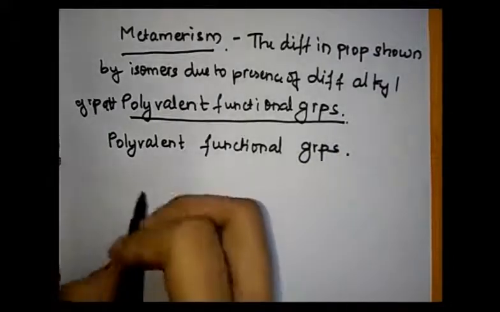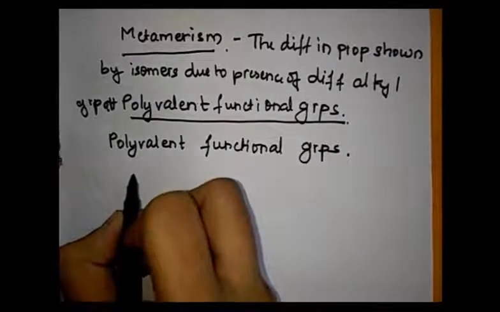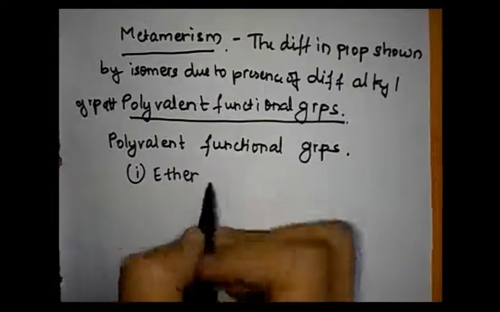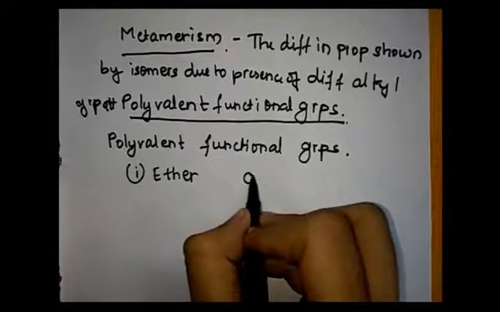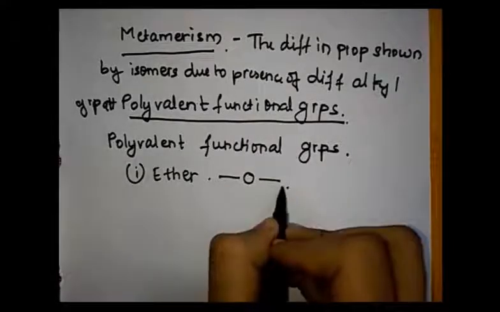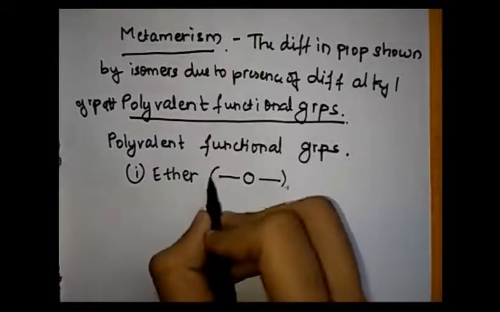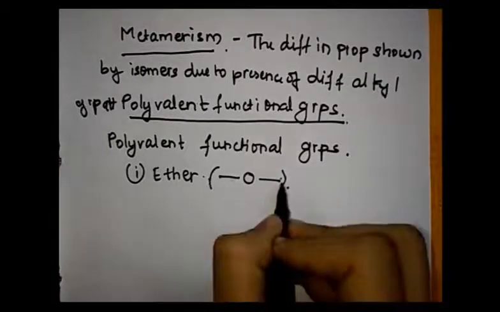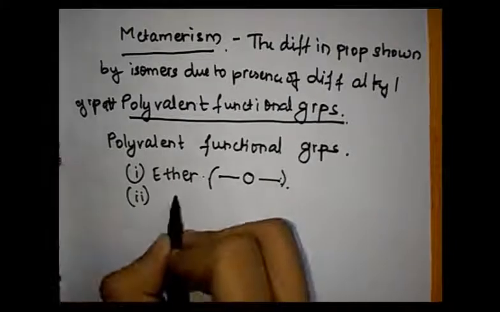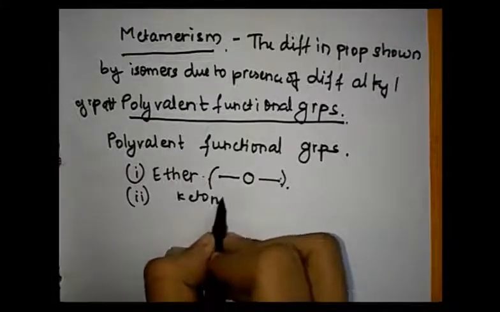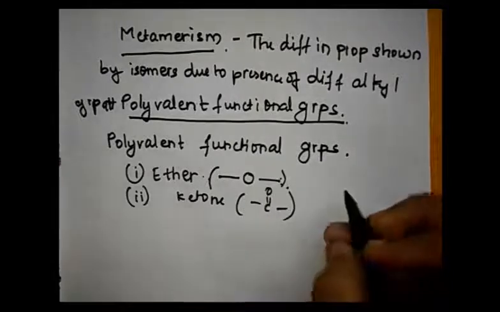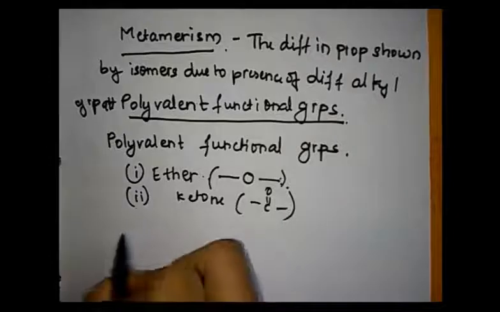The polyvalent functional groups are namely ether. You can see here this one bond and this one bond, so this is polyvalent. The valency satisfied will be by two different alkyl groups: ether, ketones, ester,